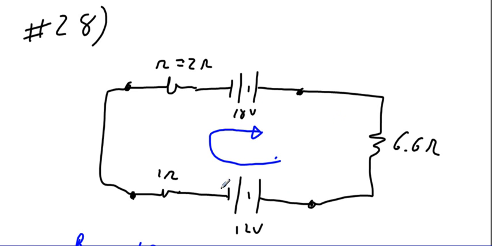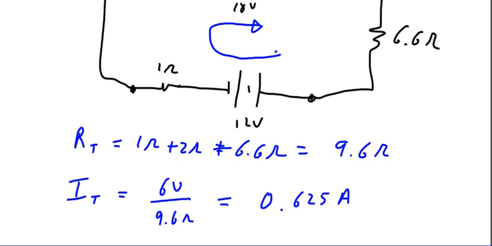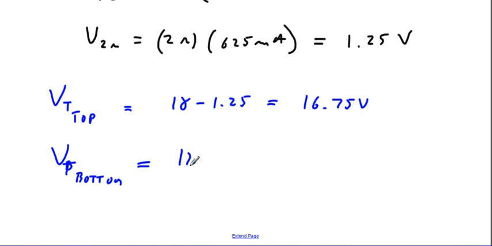I do a drop, and then I do another drop. So in the case of this way, I do a drop and I raise. So I'd have to subtract the 1.25 from the 18. But when I go the other way, I see a drop and a drop because the current's going the wrong way. The terminal voltage across that guy is going to add. So that's going to be 12 plus 1.25. So I'm going to see 13.25 volts